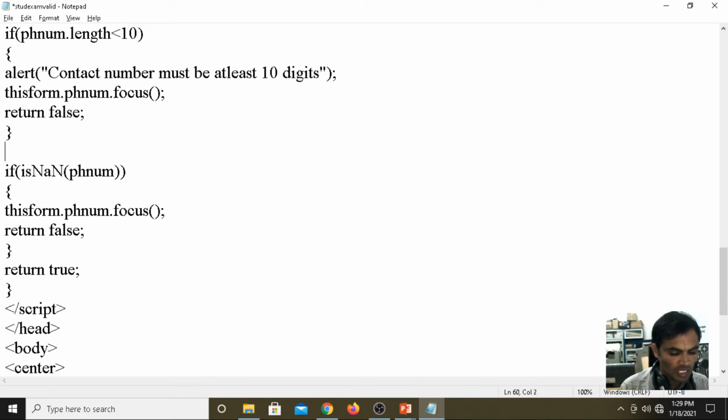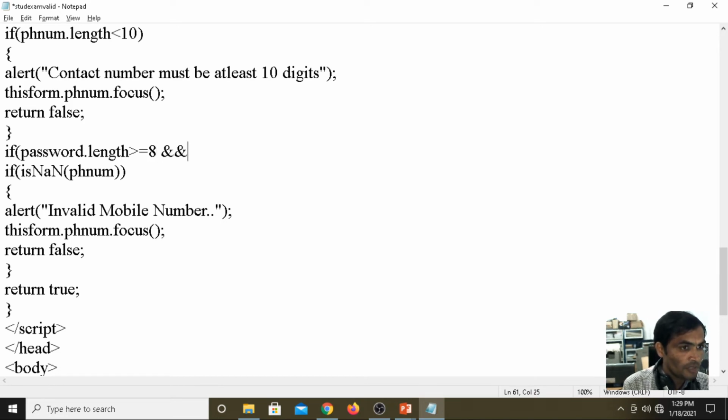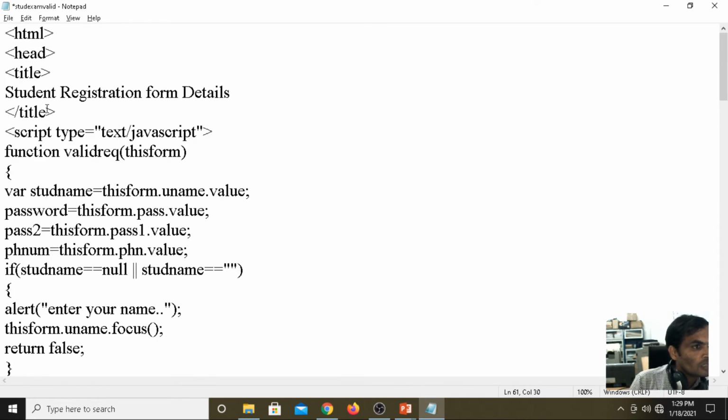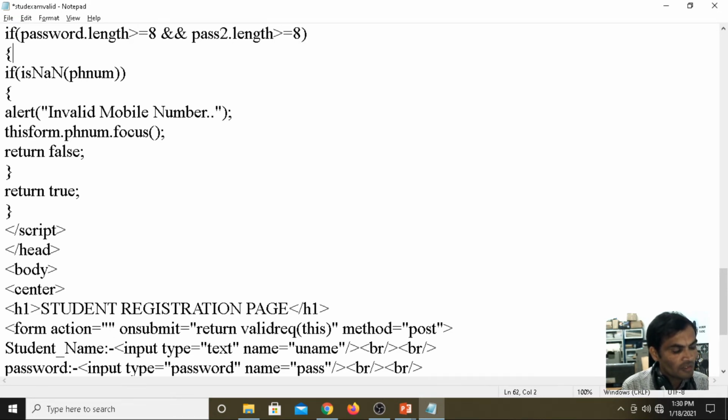One more condition here: if password dot length greater than or equals to 8 and pass2 dot length greater than or equals to 8.